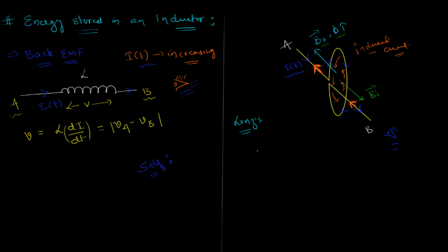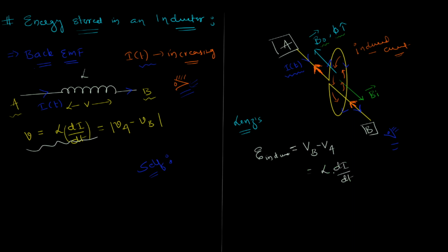And now for the induced EMF, which by the way is given by this expression right here, L di by dt. What do you think? Which end do you think, A or B, is at higher potential? For induced current to go from B all the way in the coil back to A, the B end in fact should be at higher potential. So EMF actually is VB minus VA, which is equal to, as usual, L di by dt.